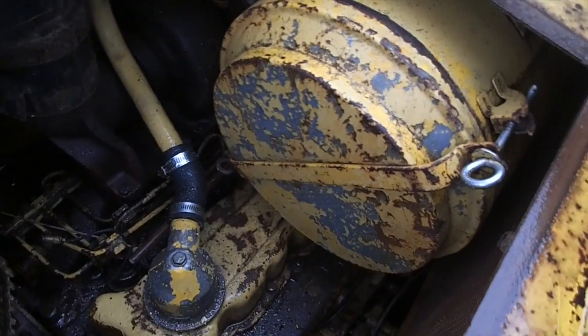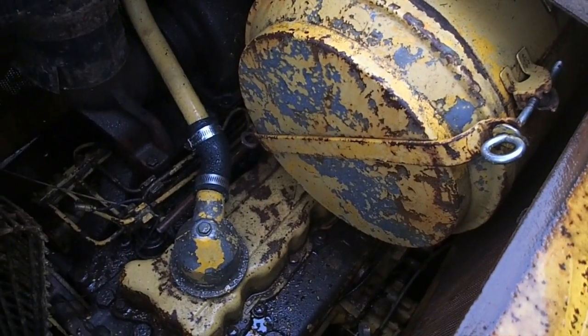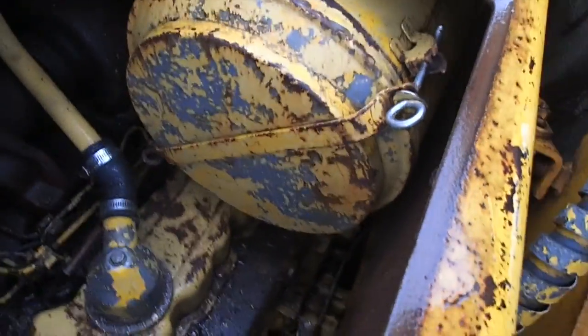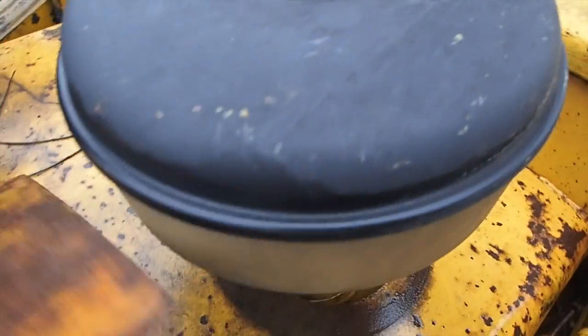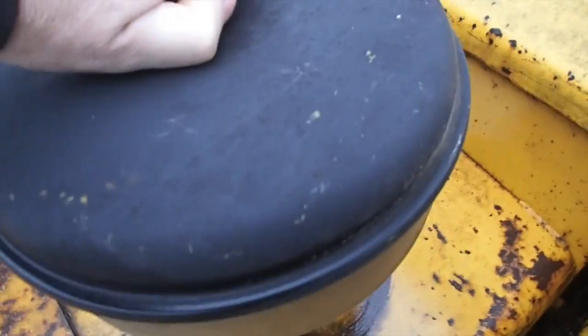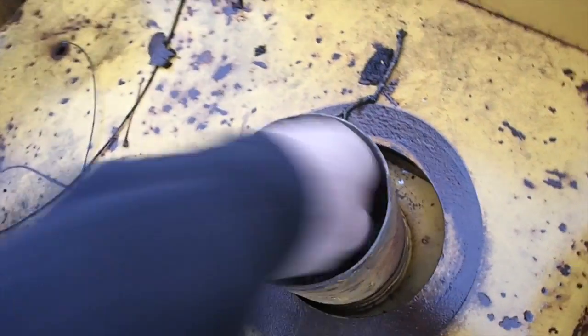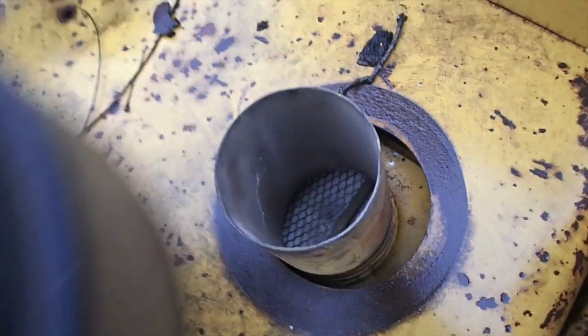Now, the previous owner had a mechanic that, honestly, had several different mechanics, and they screwed it up. They took the air cleaner off, left the engine open, and water ran in. Actually, I think they just left this part here off. This part right here. Like that. There's actually a filter in there that, I don't know, though. That doesn't look like it was left off. They must have took this thing completely off and laid it there. That filter's new. But anyway,